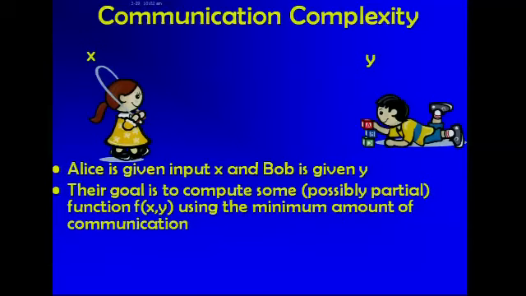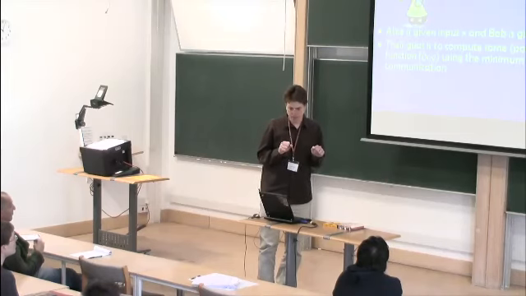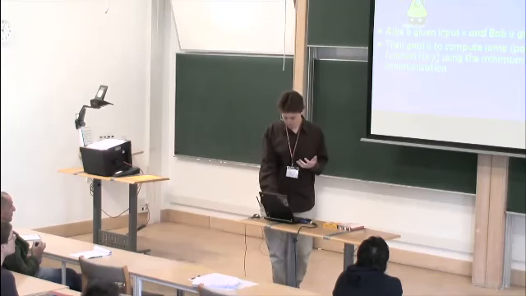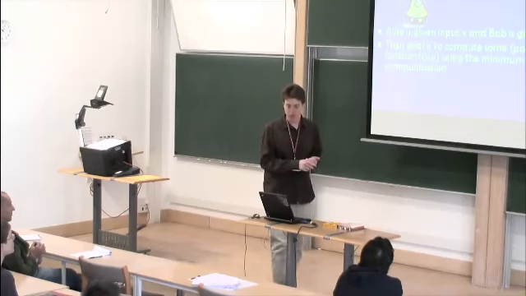So this is the setting. It's one of the main models in computer science. It's called communication complexity. In case you haven't seen it before, the setting is the following. There's some problem that two parties wish to solve. Alice has some input x and Bob has some input y, and they want to compute some function f of x, y. Now, the limitation is that what we're trying to do is minimize the amount of communication Alice and Bob have to communicate to solve this problem. So this is the model of communication complexity.